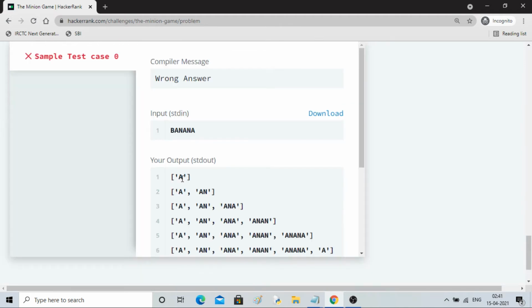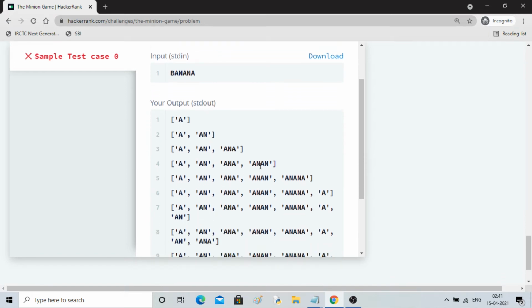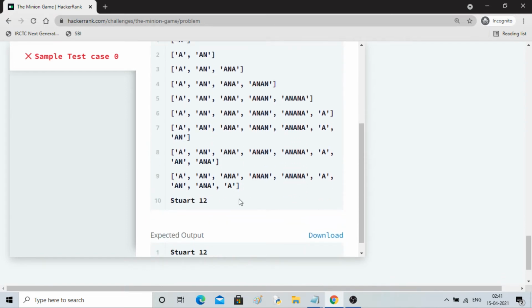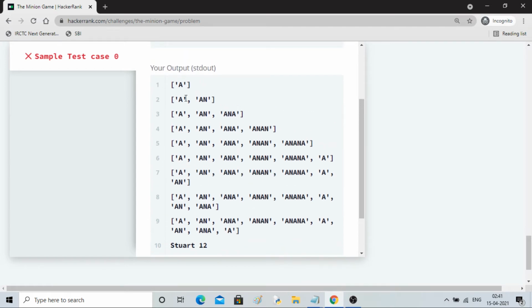So first time we are having A, then AN, then ANA, ANAN, likewise it goes till A. So we are adding one word each time.